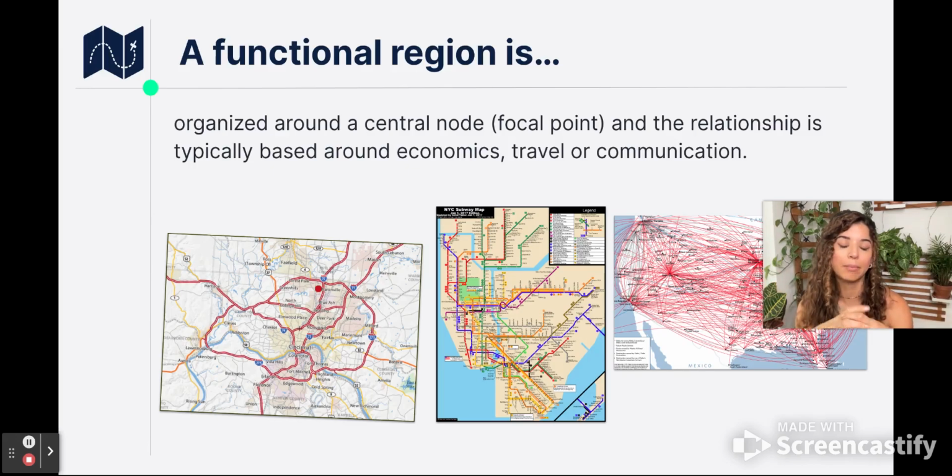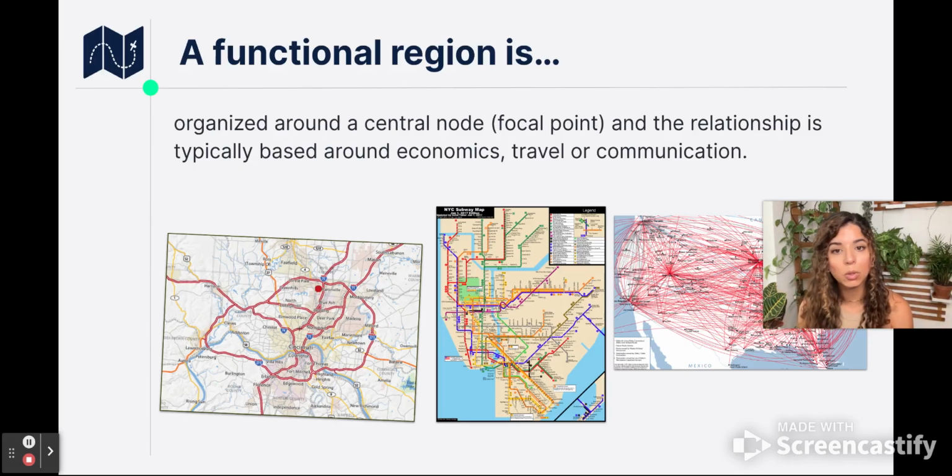If we think about New York City, you have New York City proper, the main area, but then you have a network of public transport that brings in people from the surrounding area. Then you have what is called the New York metro area, right? That is a functional region, and people will go in and out of the city